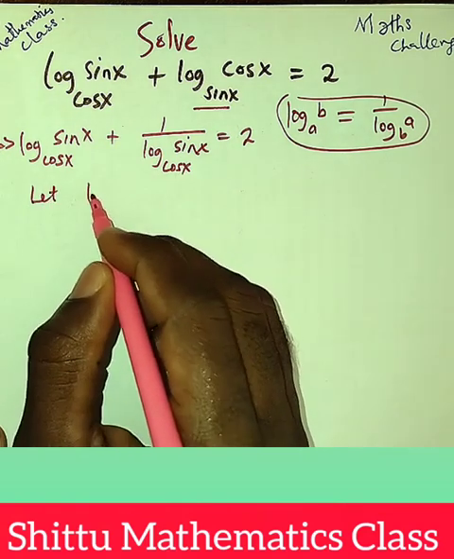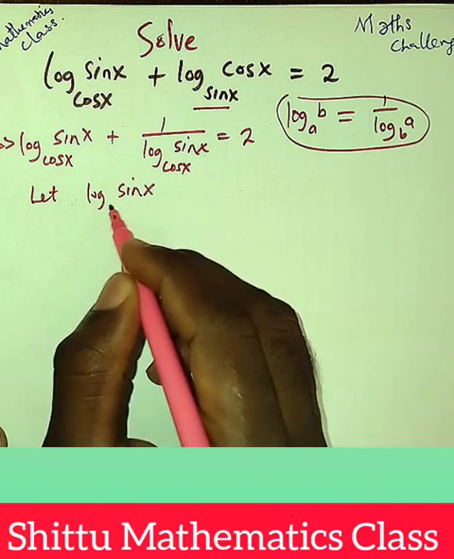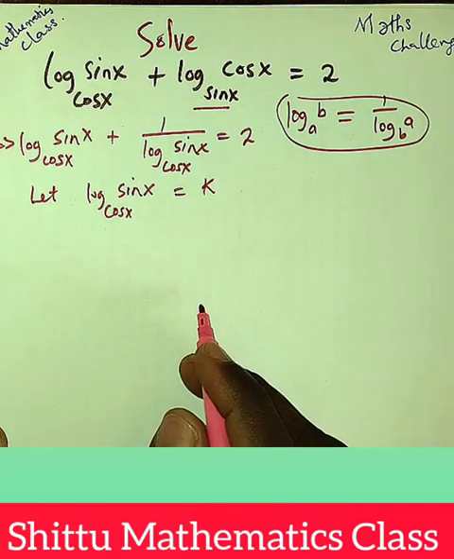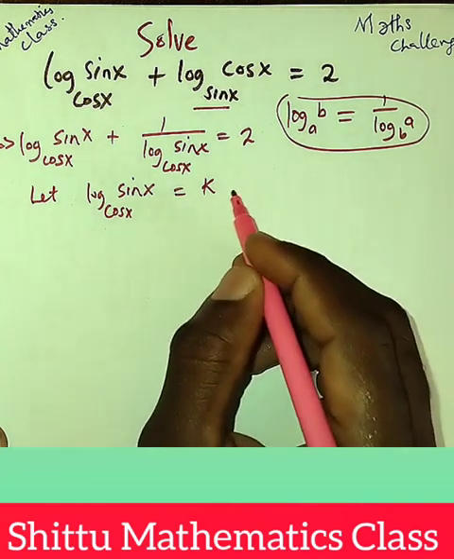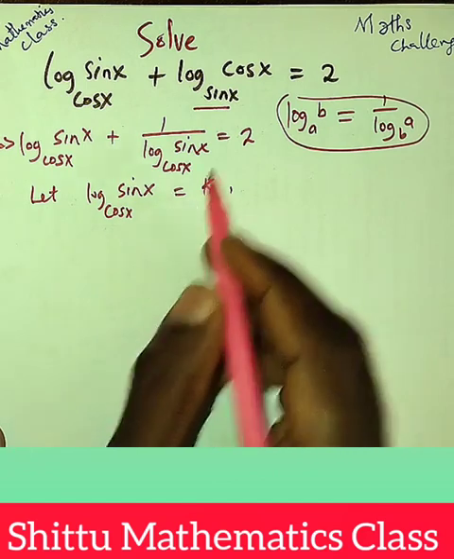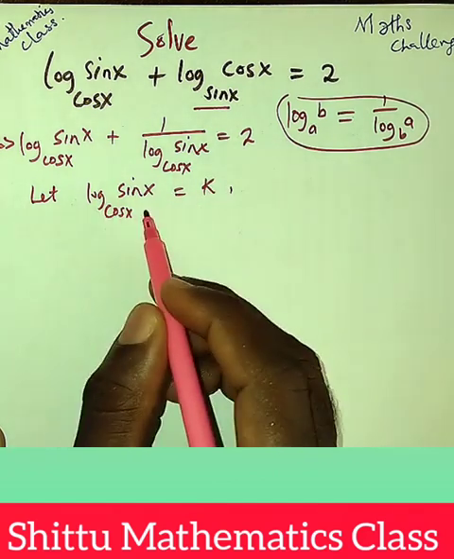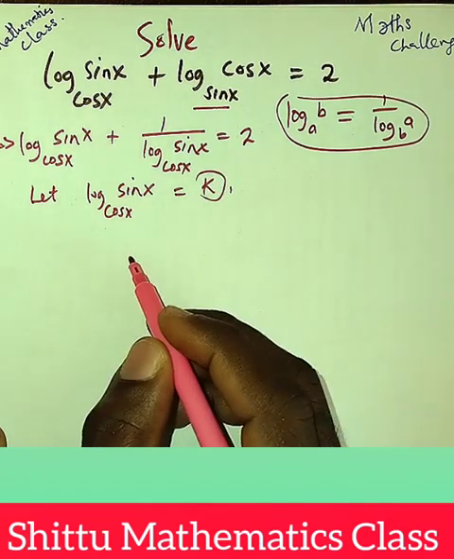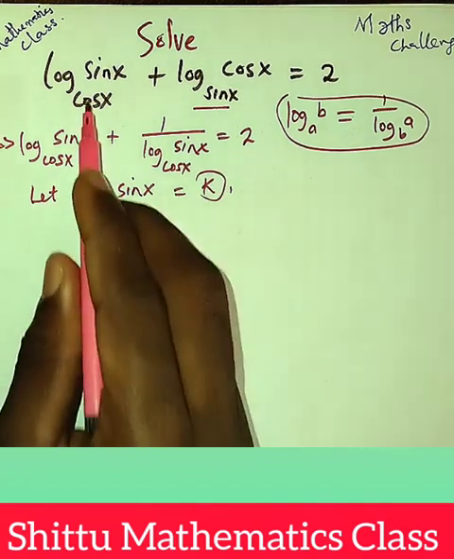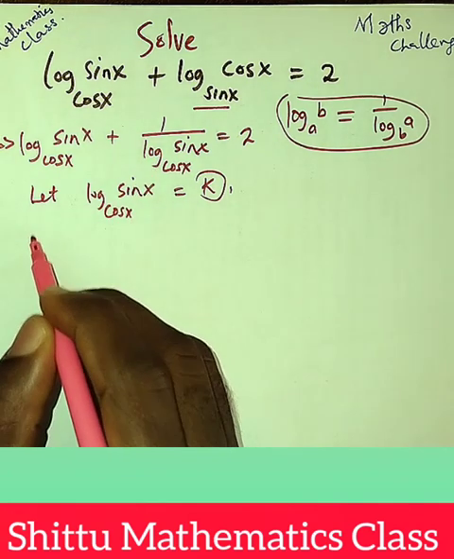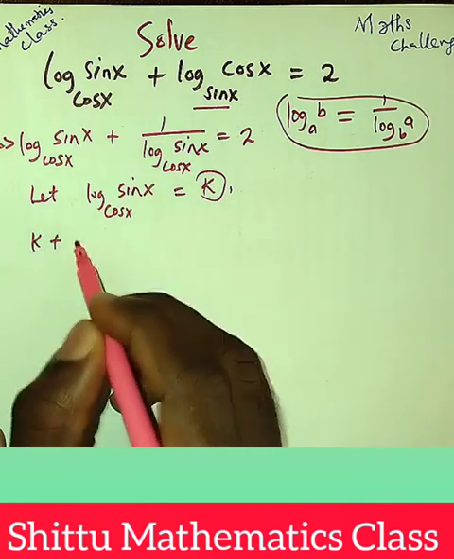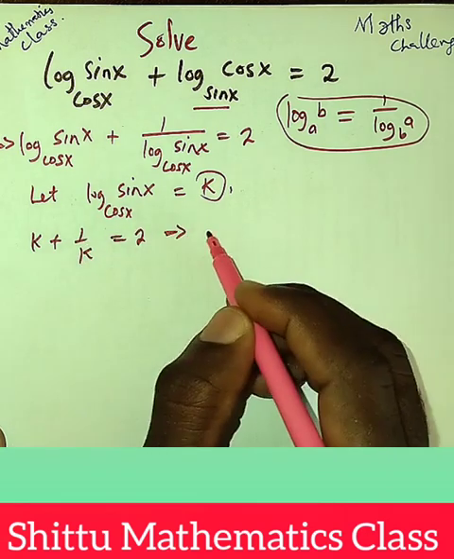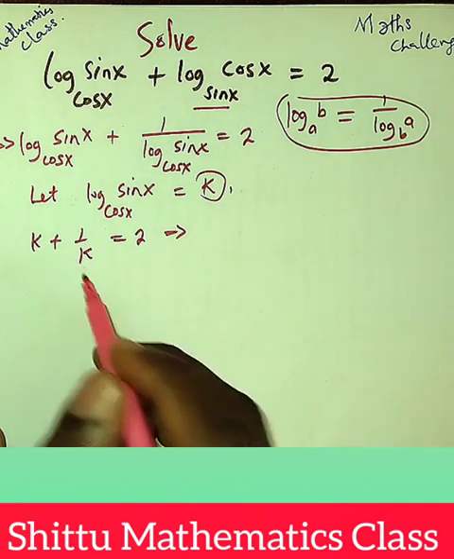We let log sine x to base cos x be equal to a particular constant k. Are you getting it now? If this is k, then anywhere we see log sine x to base cos x in this equation, we need to replace it by k. So we are going to have k plus 1 over k equals 2. This implies that, multiplying through by k to clear out the fraction, we are going to have